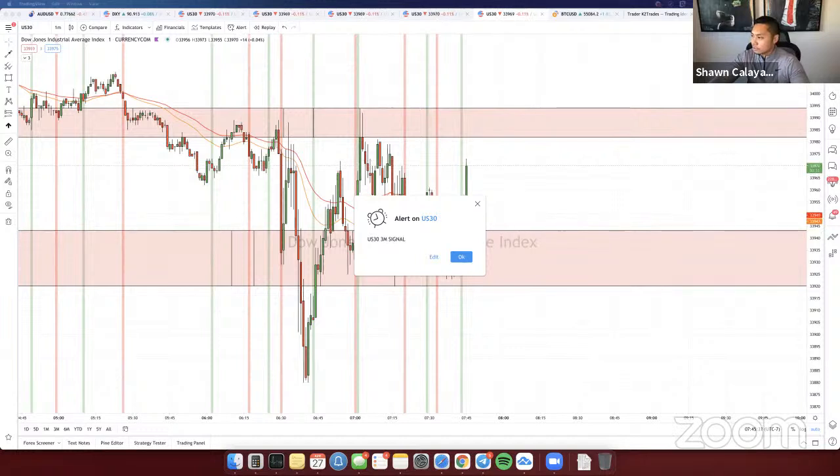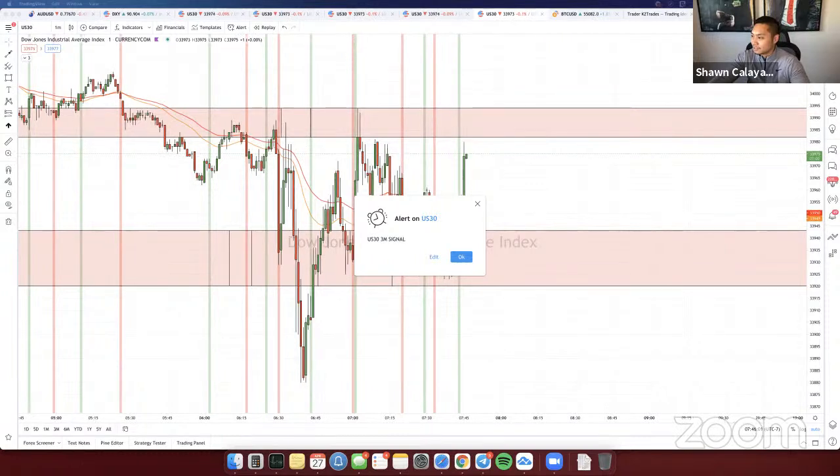SC is asking, Shawn, are you using WebTrader FTMO? It freezes. Yeah, I'm on a Mac, unfortunately, SC, so I have to use the WebTrader. That's why it does freeze on me. It sucks. So what I do is I just refresh my window every couple minutes. Nice. SC said, I'm out with you too. Yellow, I was 3 lots. Nice. No, definitely. All right, so it looks like we're good. Peter said, since Shawn closed his trade, he's ready to answer all the donation messages. Exactly, bro. All right, cool. So I'll take a look at gold for you guys here.